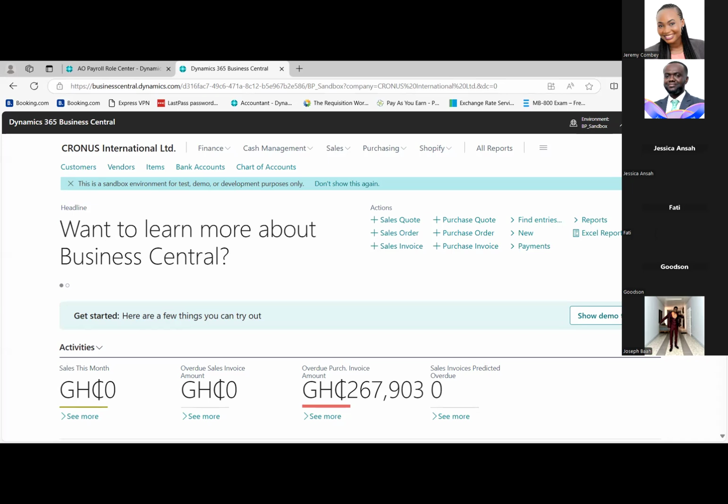How different is Dynamics Sales from Business Central sales? Dynamics Sales has the full scope of customer management, but Business Central sales has some limitations in terms of CRM, in terms of contact management and lead management and all of that. It has some limitations, but you can